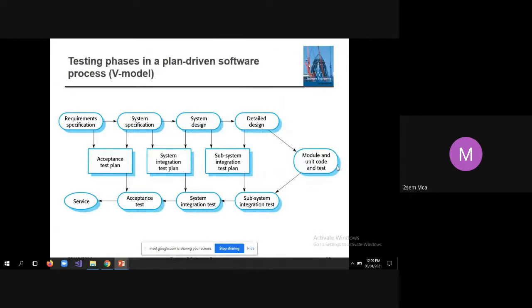So this is called the V model. The V model is nothing but the modified waterfall model. The waterfall model can be modified to become the V model. If you look at this shape, it takes the shape of V, hence it is called the V model.